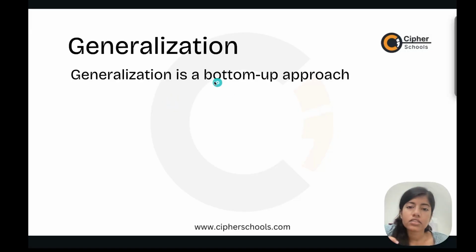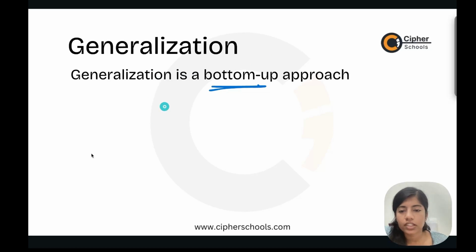So, unlike specialization, generalization is a bottom-up approach. Now, think the other way. If you have student and employee as two different entities in your database, and one day you decide to merge them into a general entity, so as to have the common attributes so that you do not repeat the data again and again, then you call it generalization.